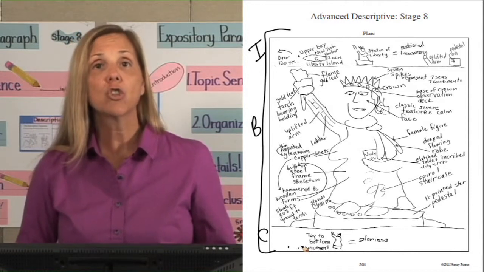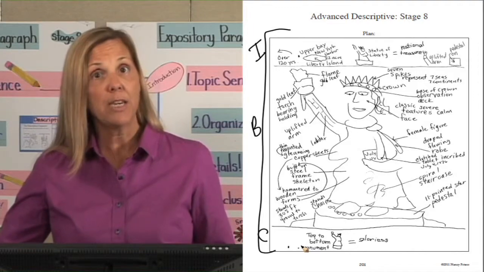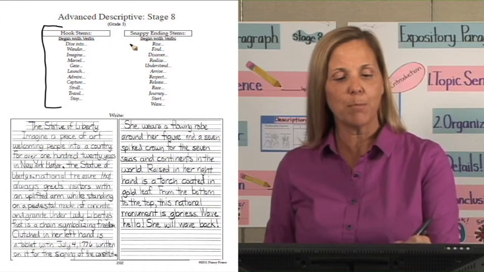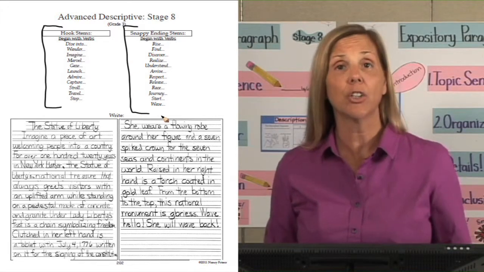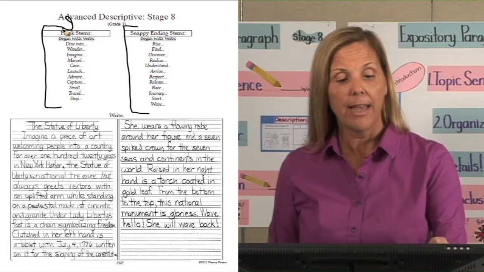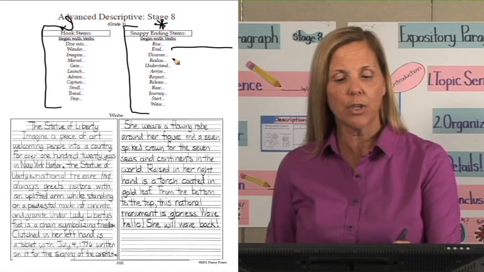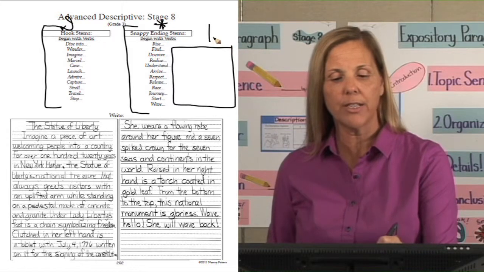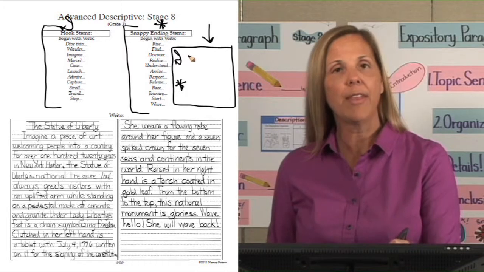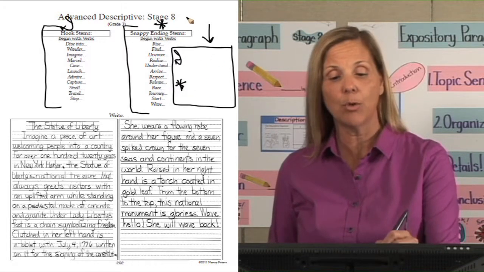Let's go to the next page to look at our hook and snappy ending, as well as a finished piece of writing. On this next page, what you will see are stems that I used in this particular lesson to help kids create their hooks as well as their snappy endings. On the back of their organizer, so pretend this is the back of their organizer, they drew a hook, then they drew a snappy ending, and they planned their hook and snappy ending on the back side, so the reverse